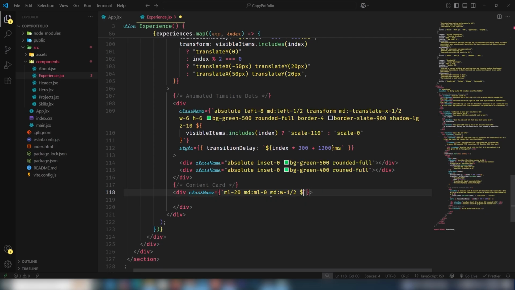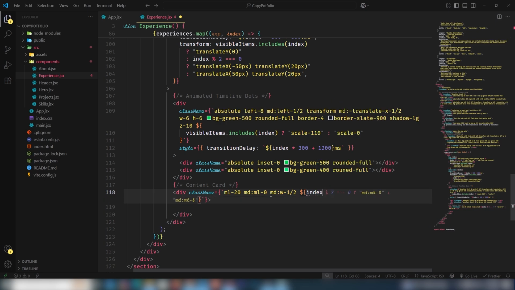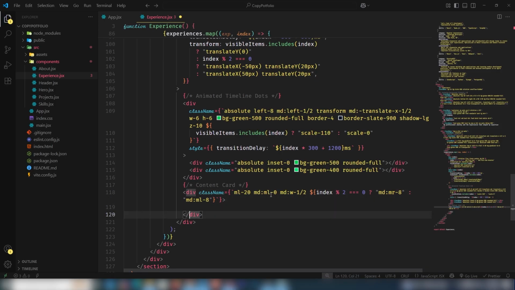Okay, and also I'm going to add the conditional binding, index modulus 2 equal to 0, md right, but I'm going to change it: md padding right should be 12 and md padding left should be 2. Okay,